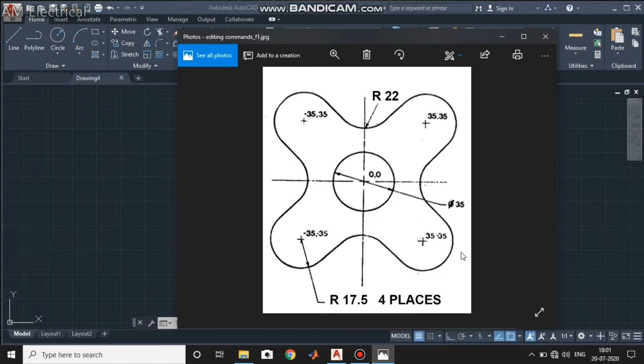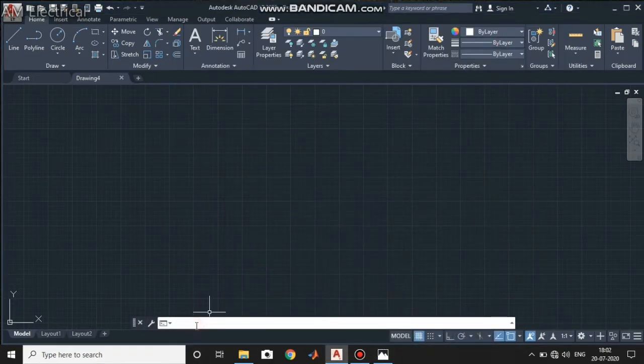At first I will create the limits using the limits command and a zoom out command. For the lower left corner, I will specify minus 60 comma minus 60.